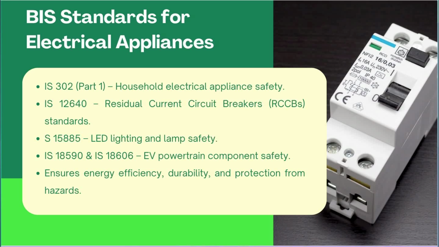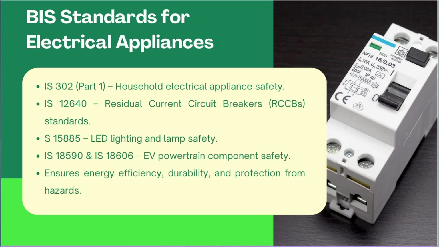against electrical shocks. Then we have the IS code 15885, which provides performance and safety guidelines for LED lights and lamps. Then we have the IS code 18590 and IS code 18606, which provide new safety standards for electric vehicles, their powertrain and components. So these standards ensure that electrical appliances are safe for use, energy efficient